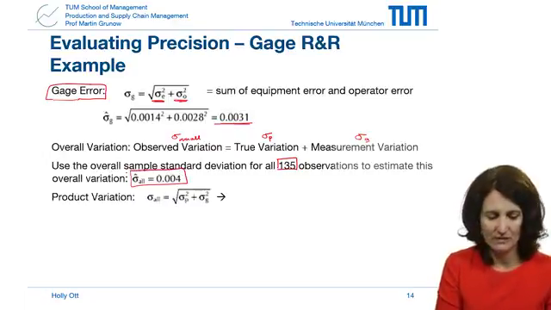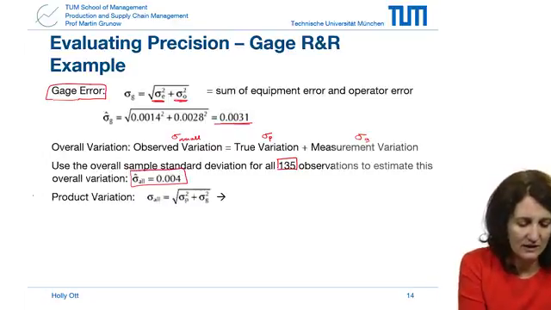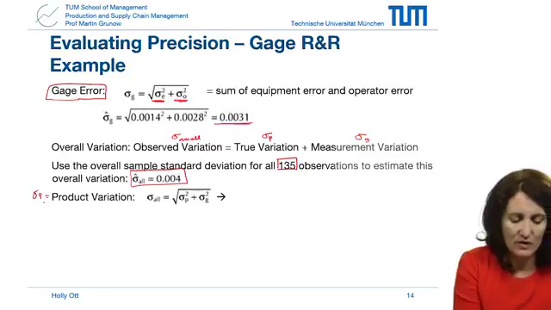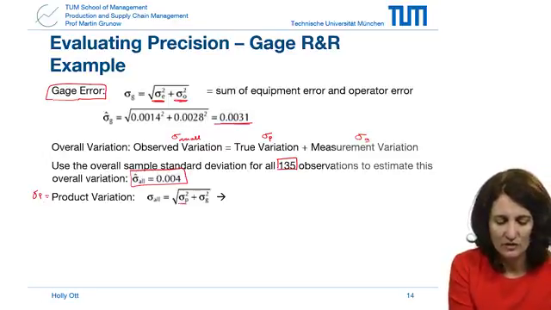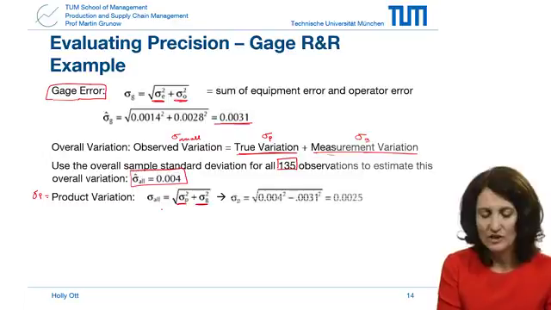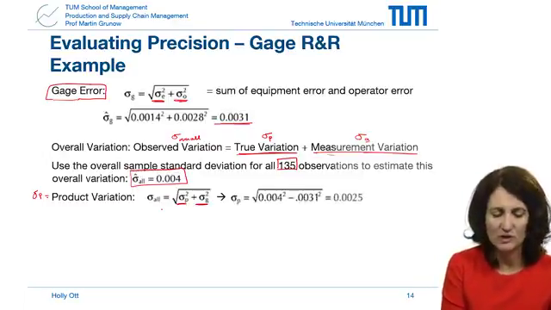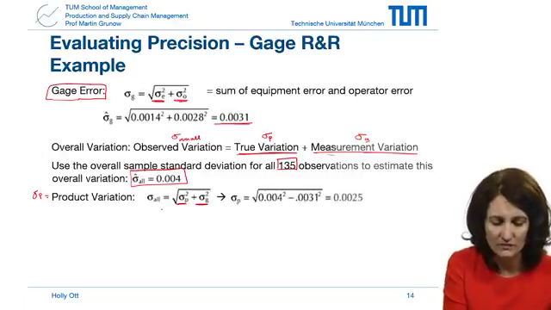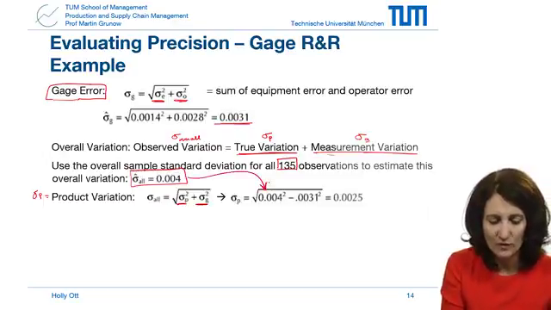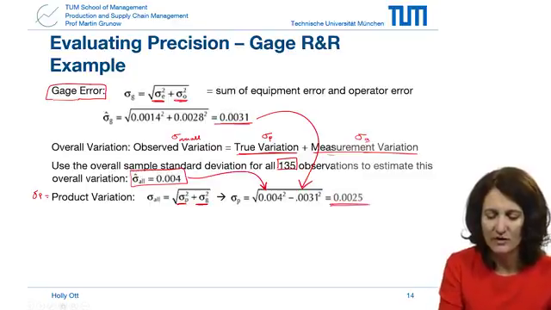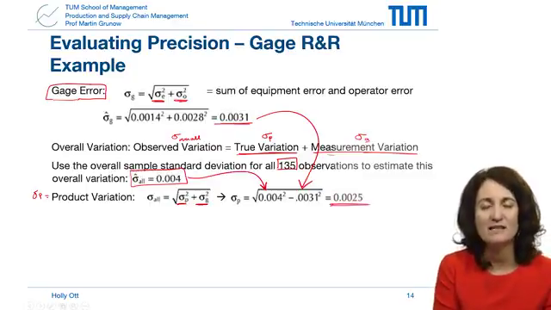So, given that the product variation, we're going to call that sigma p, the true variation plus the measurement variation is going to contribute to that overall variation. We can solve for the overall product variation by using our overall variation and the gauge variation, and we come up with a value for the expected inherent variation due to the process of